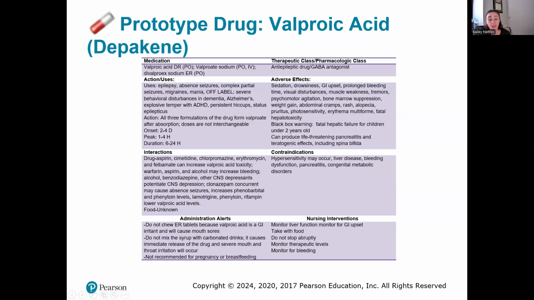These are interchangeable names. They all become valproic acid once they have entered the stomach. They just start out as something different, if that makes sense. So you have a medication, valproate sodium, but once you've ingested it and you start to metabolize, it turns into valproic acid. So though these three things have very different names, they are all still classified as valproic acid.